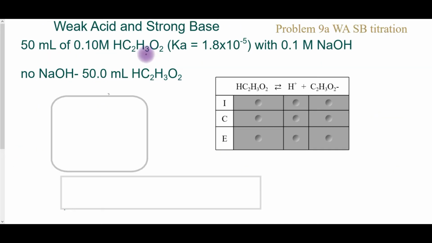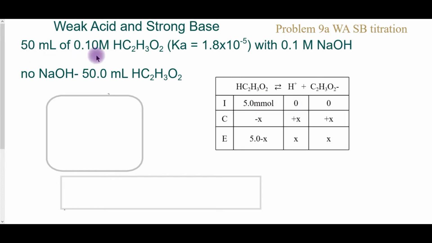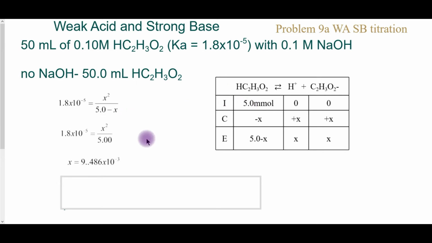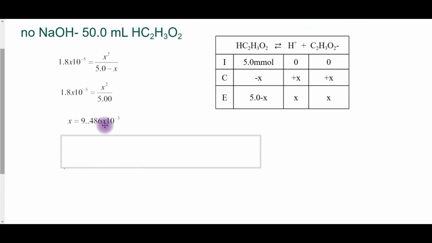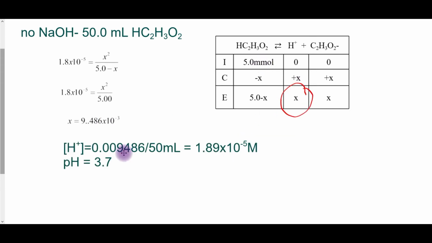This set of problems will be the titration of a weak acid, acetic acid, and you can see the equilibrium constant, with the same 0.1 molar sodium hydroxide. Before the titrant, or the sodium hydroxide, is added, we are doing a weak acid problem. The 50 milliliters of 0.1 molar acetic acid has been changed to millimoles. Then plug into the equilibrium expression. I have a value of 9.468 times 10 to the negative third for x, which is our hydrogen ion concentration. Because this is millimoles, divide by the milliliters to get the molarity,